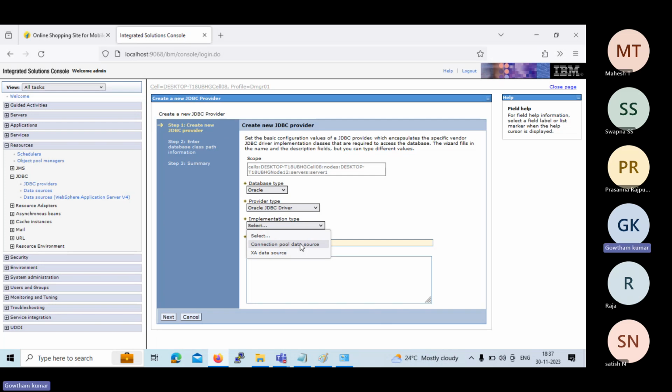Theoretically, what will happen? I'll explain. It will allow only single phase commit. By definition, connection pool data source supports only single phase commit, but XA data source supports two-way commits. I'll give one example. For example, if you went to any supermarket and you have purchased some groceries over there. When you go for the billing, they will scan all the groceries which you have brought,